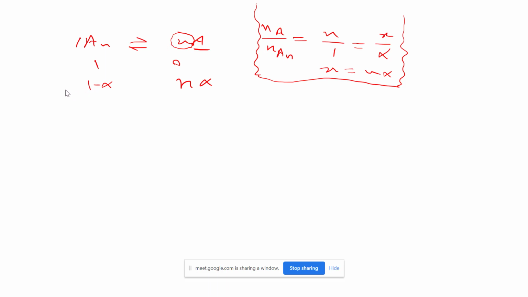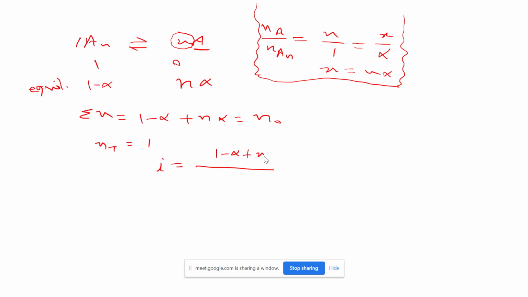Okay, got it. This is stoichiometric calculation. Alpha mole has been reacted, we are getting n alpha. So can you say now the total moles at equilibrium state? How many moles are we getting at equilibrium? 1 minus alpha plus n alpha? Exactly. And initially what moles are we taking? 1. That is the theoretical mole, and these are known as observed moles. So now we are getting the expression for i, that is what? 1 minus alpha plus n alpha upon 1.